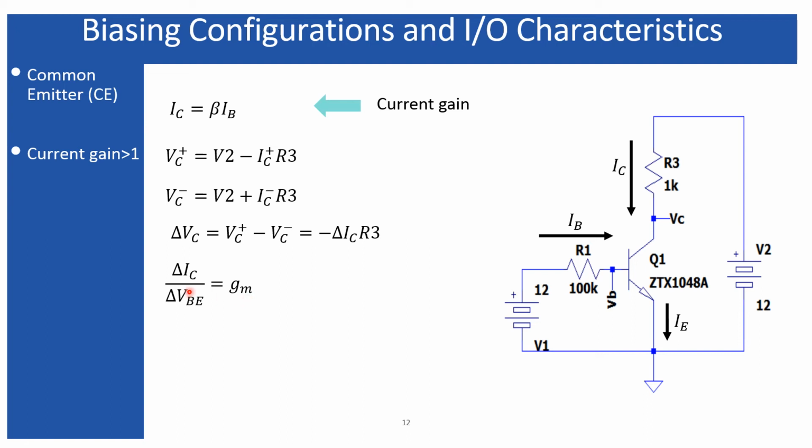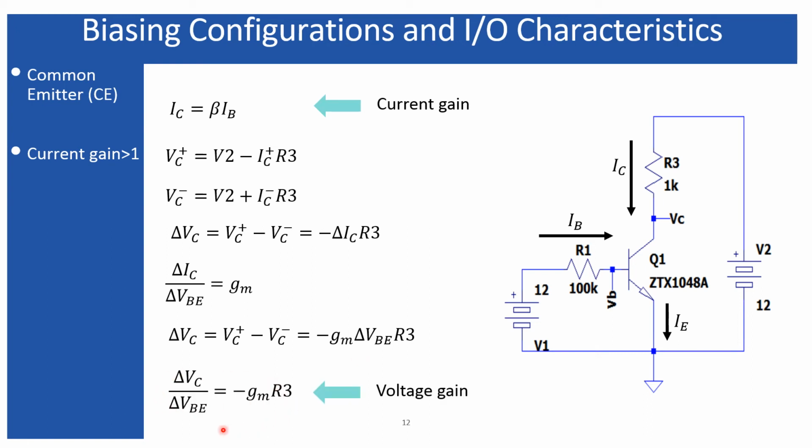So it is very easy to replace this IC current from this equation by this equation. Just replace delta VB times GM in place of delta IC, and this equation will result. Now this equation relates the output voltage and the input voltage, and we are interested in finding the ratio of the output voltage to the input voltage, and that defines the voltage gain.